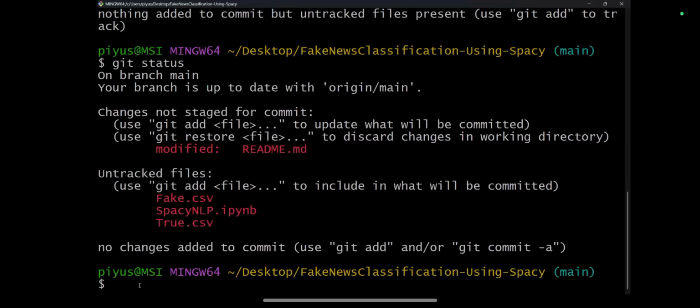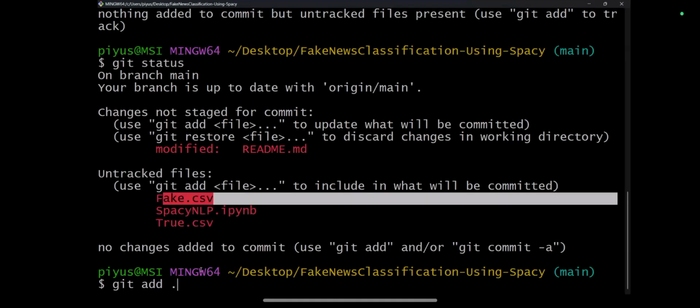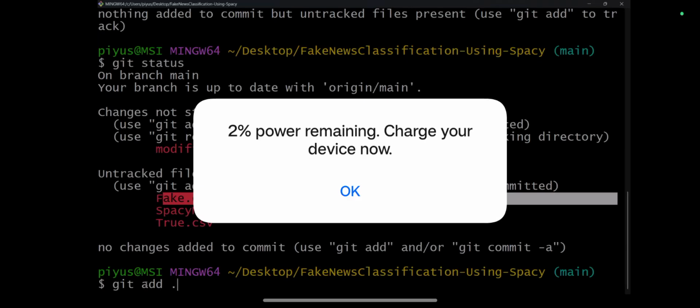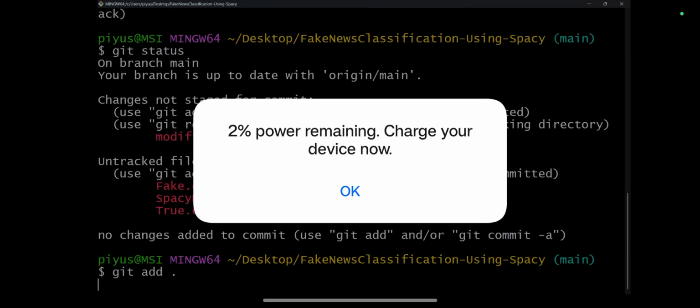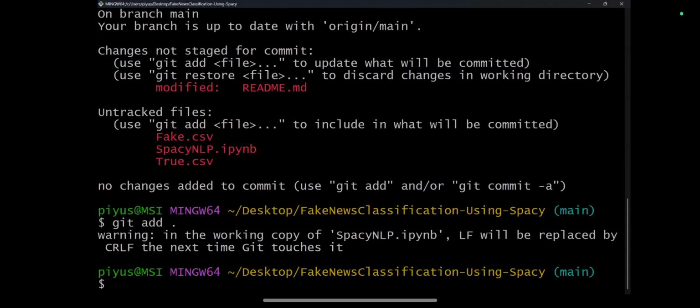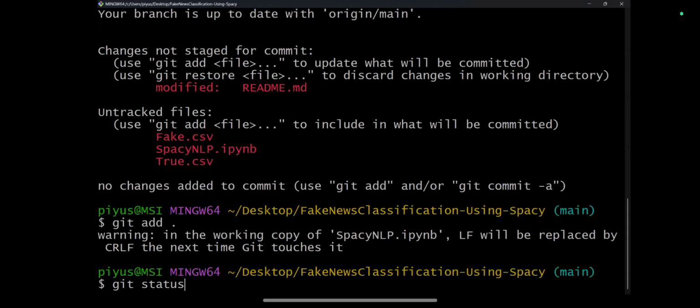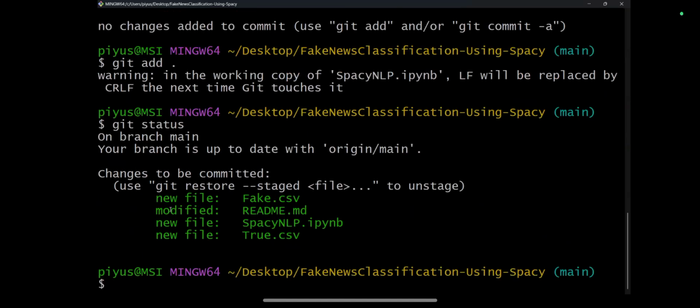Now I want to track all the changes. What I need to do, I need to run git add dot. Now why dot? If I want to add only one change, I can simply mention this file, one file, or else one by one I have to mention all the changes. But I want to track all the changes, I need to put dot. Dot is a shortcut. Done. All the changes have been tracked. Now if you are going to check the status, now everything turns green, that is, it has been tracked.